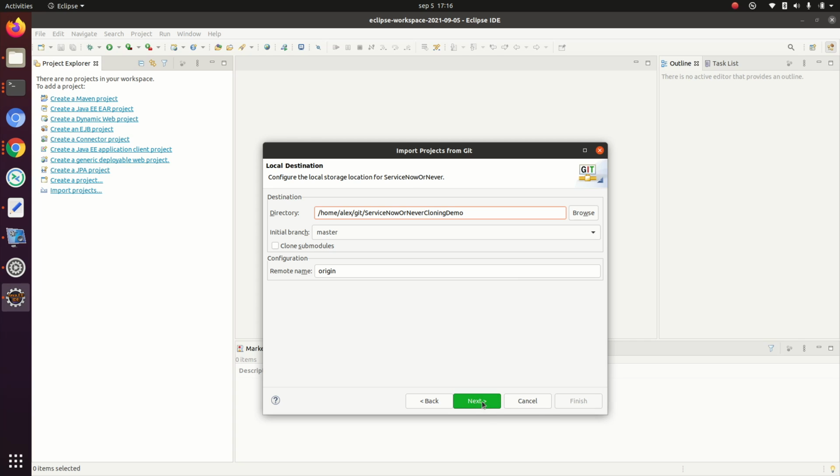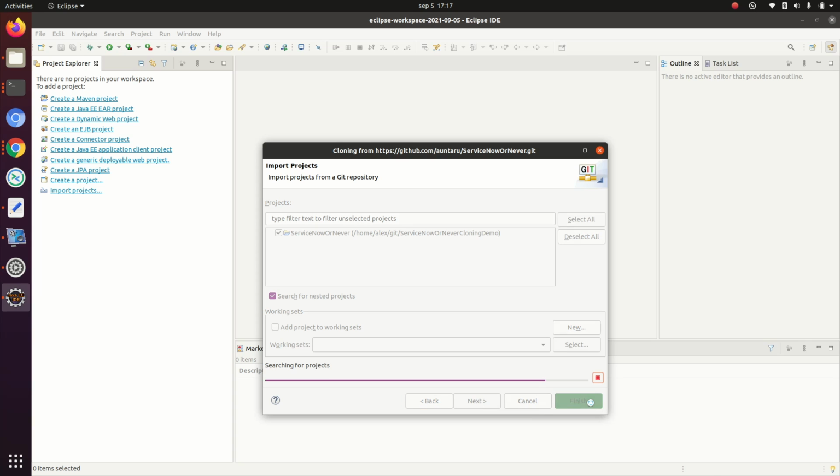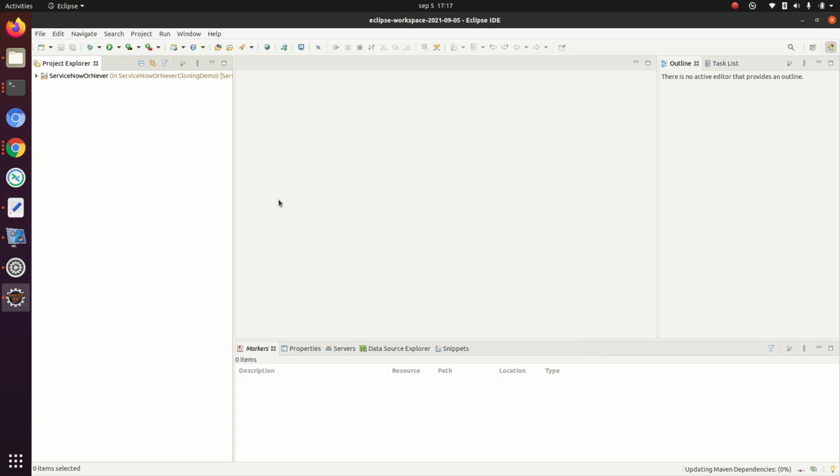This is the cloning demo. Next, defaults. Next, finish. And now the code is downloaded,